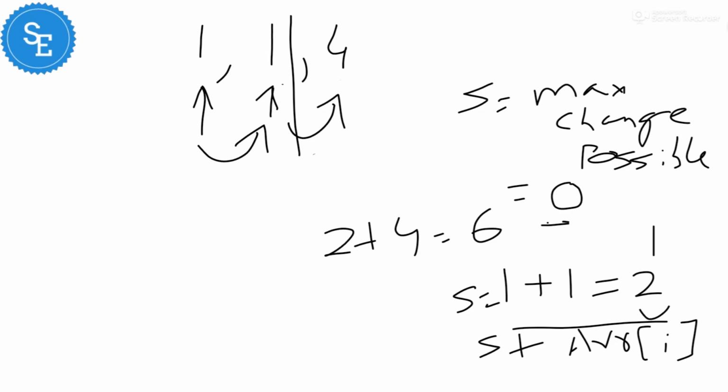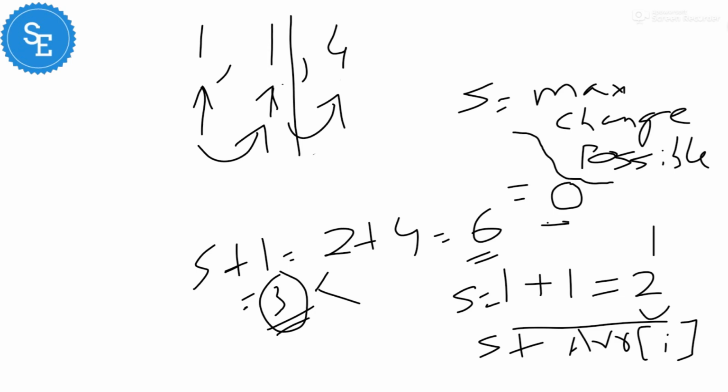But I am unable to make the change for s plus 1. What will be my s plus 1 here? It will be 3, and I am getting 6 here. So I am getting a number which is larger than my s plus 1. In that case, I can conclude that this is the sum value that I am unable to get. When I do this using this method, I always have to check whether my max change possible plus 1 is lesser than the array value. This will be more clear when we go through the code once.